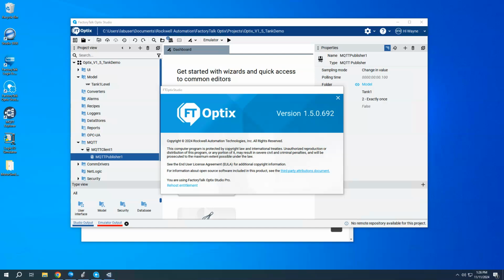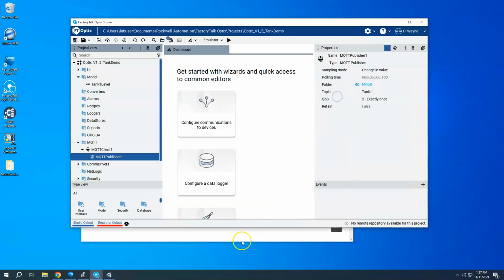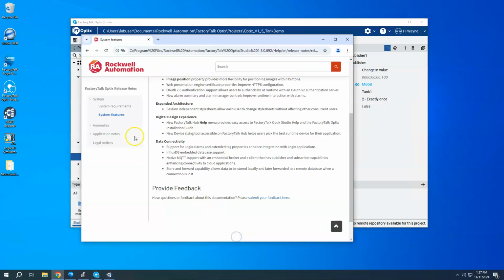In this video, I want to go a little bit further into the native MQTT connectivity that's been added to the latest release of FactoryTalk Optix version 1.5. Again, the version 1.5 release came out towards the end of October 2024. And looking at the release notes, you go to the question mark and choose release notes. We can see that under system features, under data connectivity, native MQTT support is now